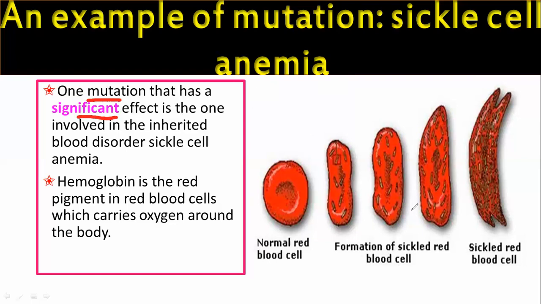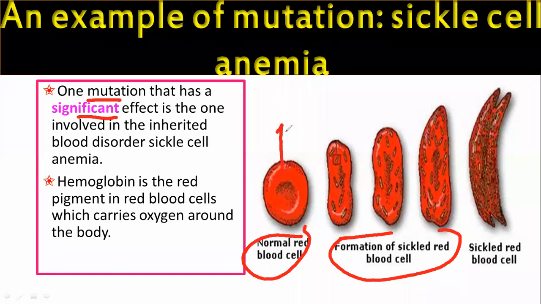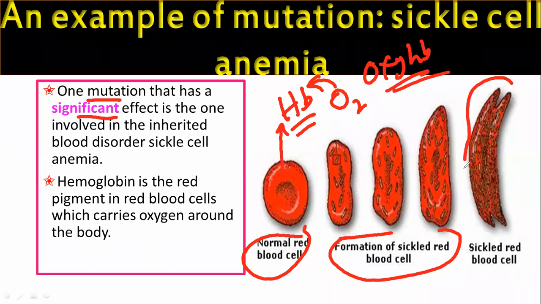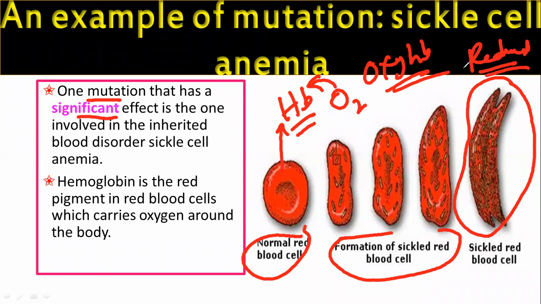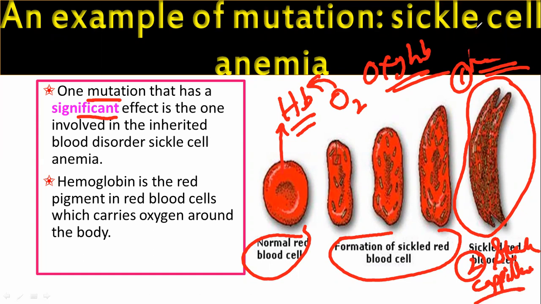Can you see? Look at the shape. This is the formation of a sickle cell red blood cell. This is the normal one. You don't have a nucleus in the mature RBC. Why? Because you want to carry more hemoglobin in it so that more and more oxygen can bind to it, so you can have more oxyhemoglobin. But look here. Now the surface area is reduced. Number two, it can get stuck in the capillaries and inhibit the flow of blood, which can even cause death as well.